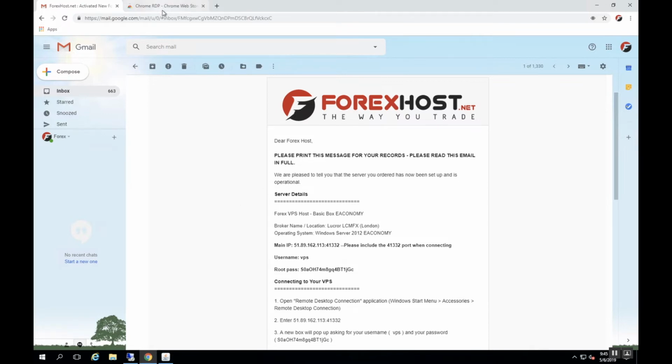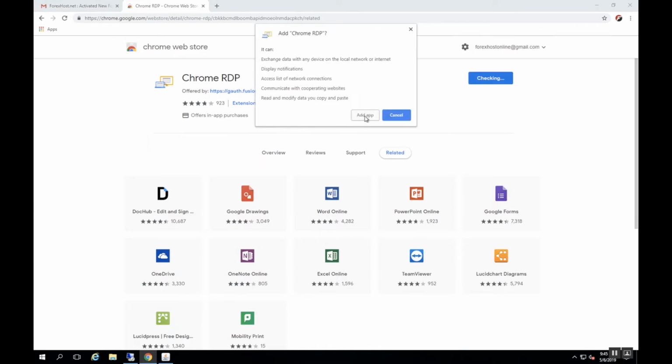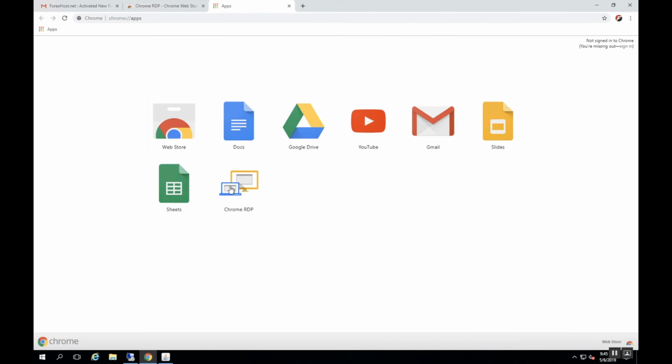And the second thing you want to do is go to the Google Chrome Web Store and add this app to your Chrome device. So the name is Chrome RDP, and there will be a link below this video for you guys to go ahead and click on it. If not, just go to the Google Chrome Web Store and search Chrome RDP and you should be able to find it. So you want to go ahead and add it right here. Click on add, and then it's been downloaded right here, as you can see. So you want to go ahead and open it,